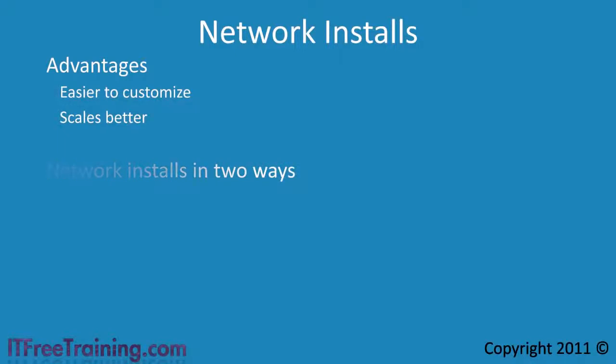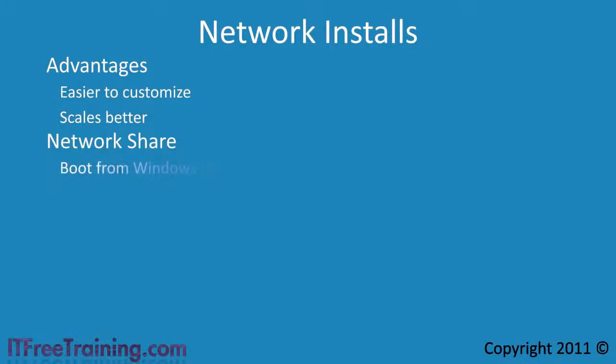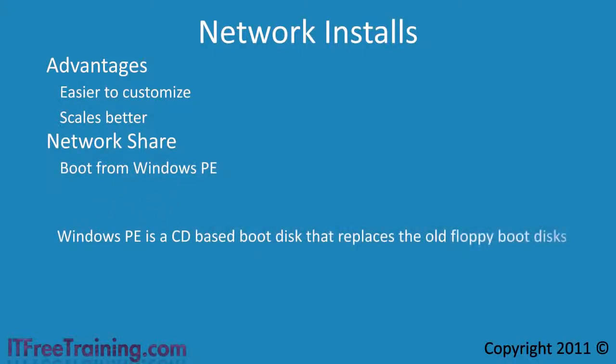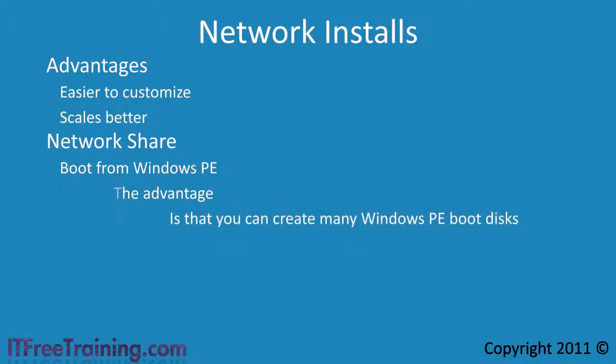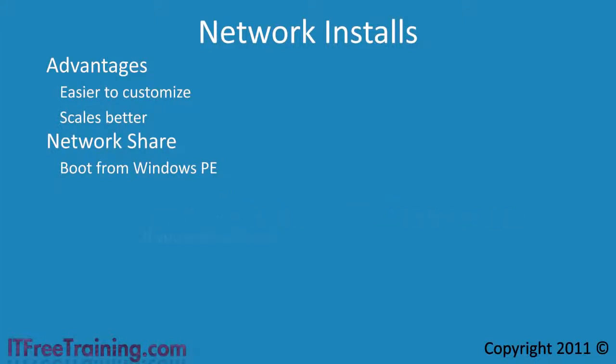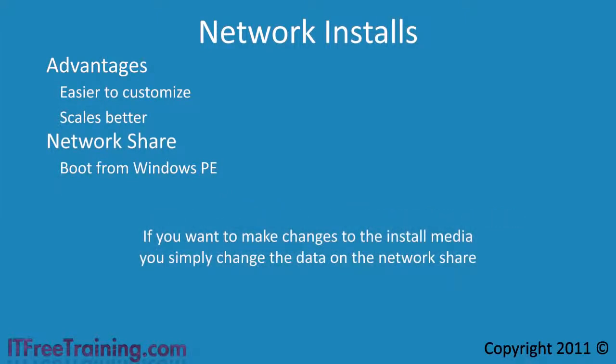The first is via a network share. To do this, you would boot from a network PE boot disk. Windows PE is a CD-based boot disk that replaces the old floppy boot disks. The advantage of this method is that you can create many Windows PE boot disks which will not require updating too often. If you want to make changes to the install media, you simply change the data on the network